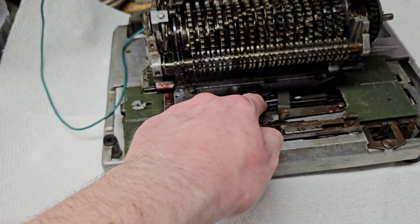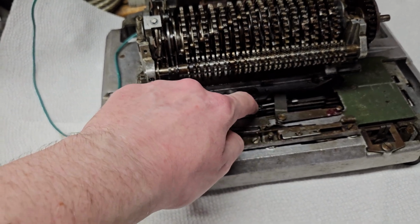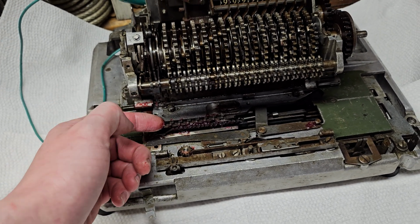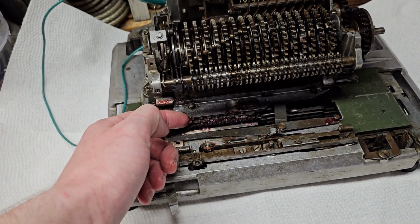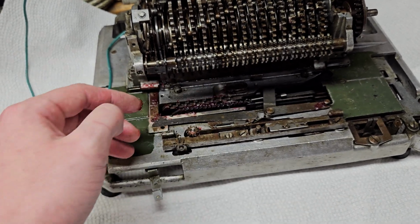Actually, I think this starts over here, because the carriage moves all the way over this way. So yeah, that's why. It starts over here. Got this a little bit backwards. I mean, obviously you can't really see this happening as the machine's working, so you understand how it works, and you kind of have to try and explain it, and I got a little bit backwards, but,